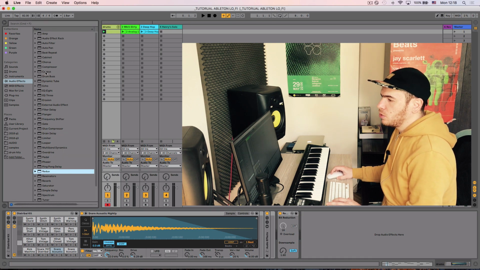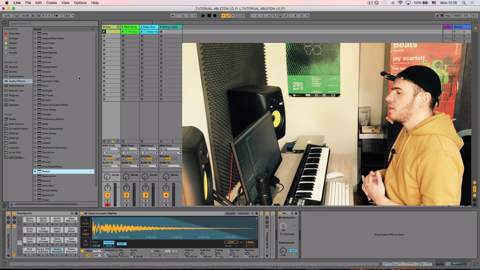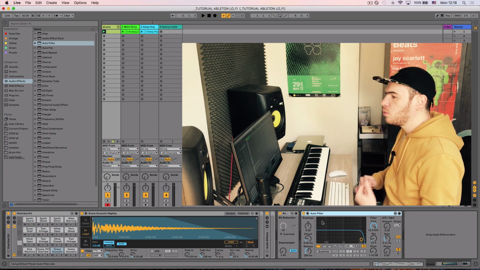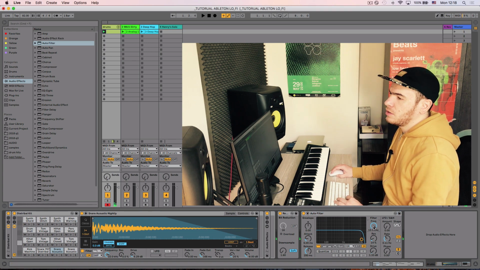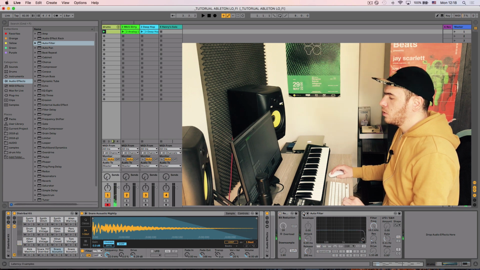So let's jump straight to the auto filter. The Redux effect makes the sound kind of grainy, and we'll add the auto filter to smoothen it out a bit. Let's set the cutoff to, I don't know, maybe about 16 kilohertz. So this is without the Redux and the auto filter. And when I turn them on,